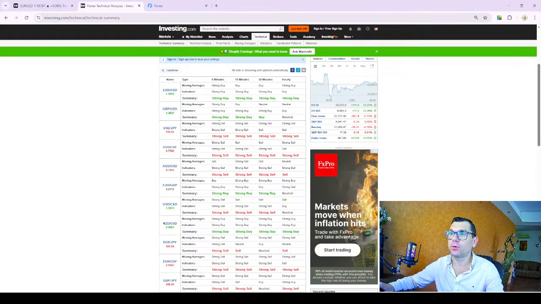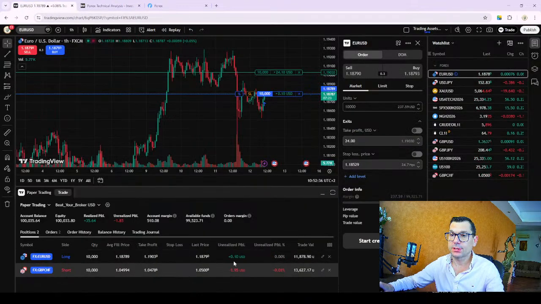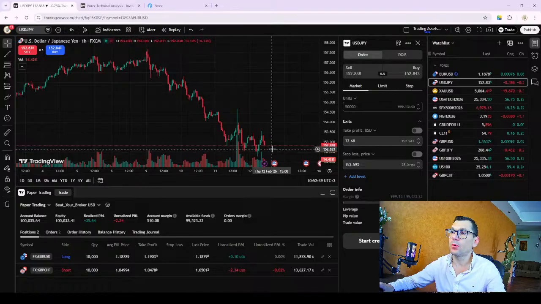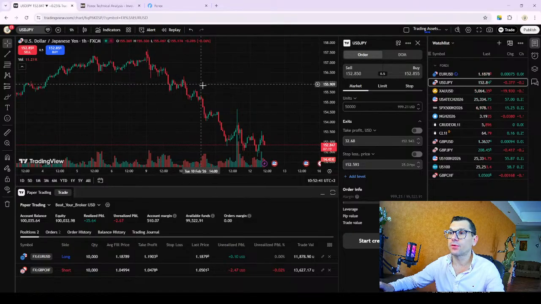So what we see now, okay, USD JPY, strong sell recommendation, right? USD JPY, strong sell. NZD USD, also on a strong buy. Euro CHF on a strong sell. Okay, so we have plenty of opportunities to trade. Let's go to USD JPY, on a strong sell recommendation. Here we go. Strong sell recommendation. We can observe a very long downward trend here. Okay, so they're expecting that it is going to go down.